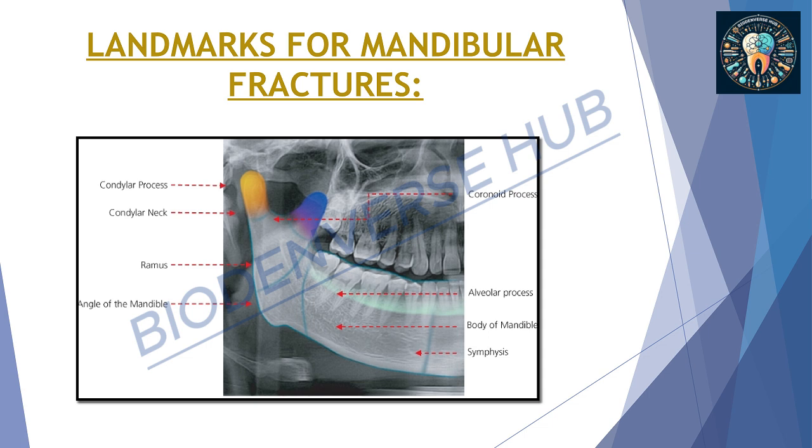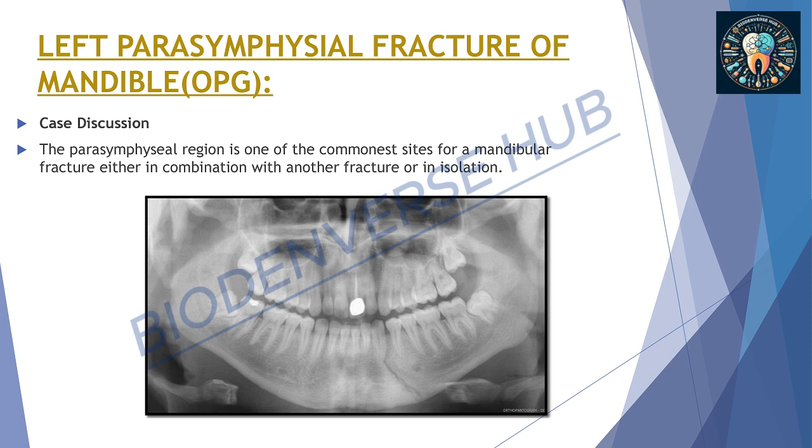So let us study some X-rays for fractures of the mandible. First of all, we have the OPG given, and you need to compare again the right and the left sides. You need to check for symmetry, alignment, or any kind of fracture line or breach, or discontinuity that is seen. So in this OPG, we can clearly see that on the left side, there is a fracture line in the